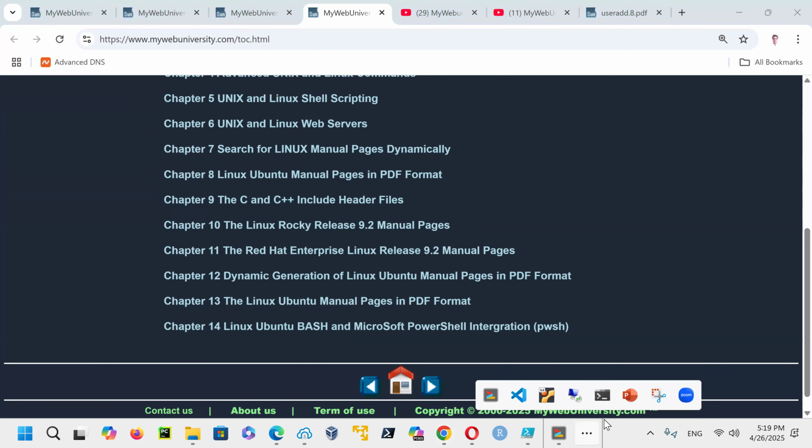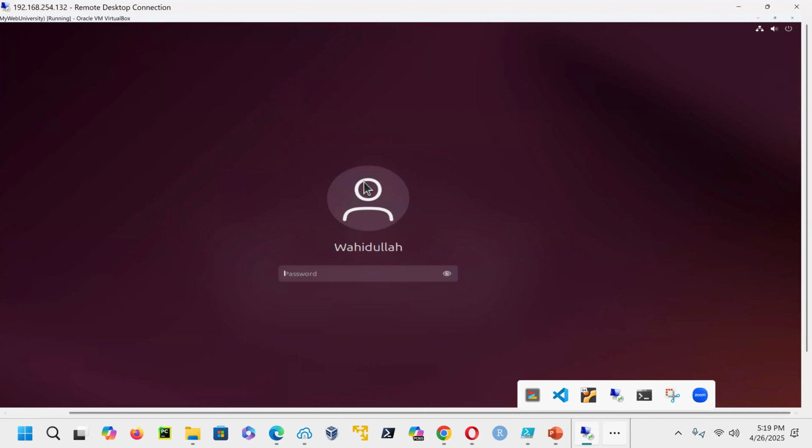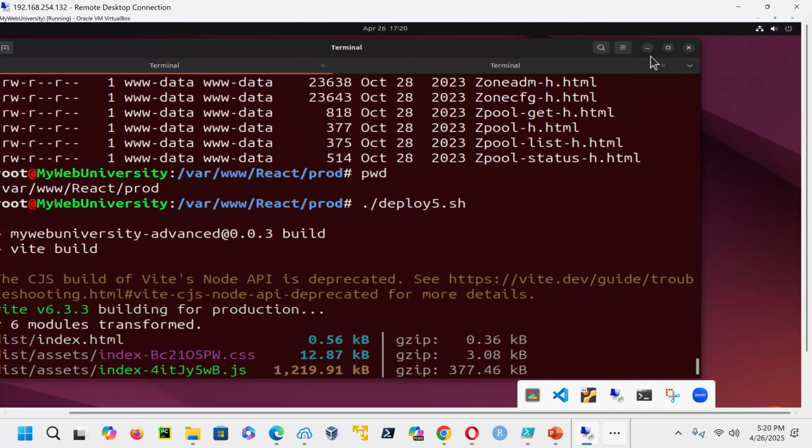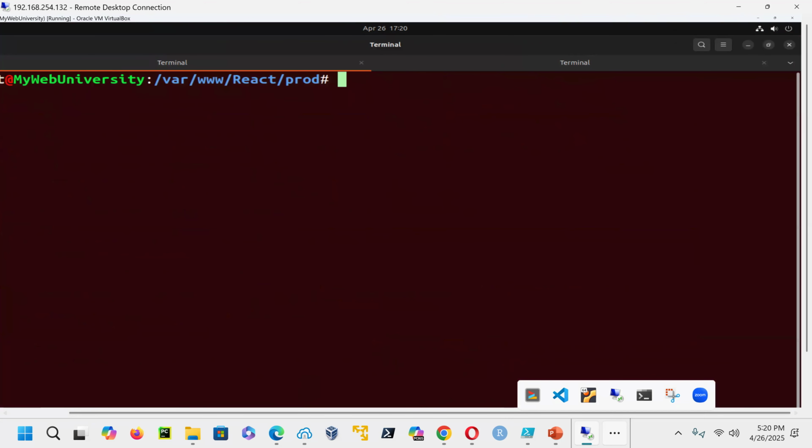So I log into my server, which is right here, and on this one I'm going to be on Linux Ubuntu. Let me log in. Once you log in here, I'm going to make this page a little bit wider. You can see here, I'm on this directory. I'm going to run id -un, so I'm logged on as root here.